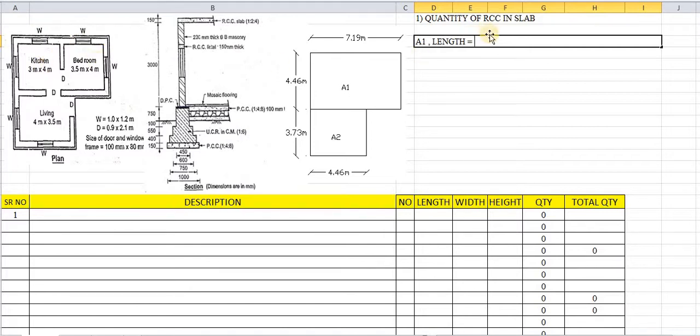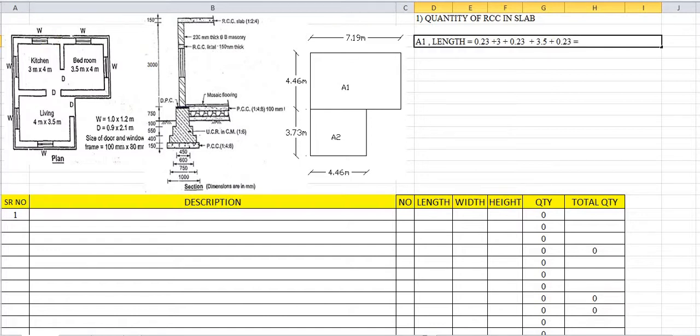Okay? So the kitchen here has been taken as 3 meters. So we will take this as 3 meters plus. Directly we will start from the first point. Here the first point has 0.23 as the width of the wall, plus 3 meters, the kitchen room length. Again here there is a wall thickness of 0.23. Again this bedroom has a length of 3.5, which is nothing but the length of the bedroom. Again there is a wall thickness of 0.23.